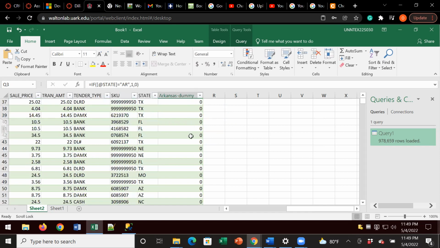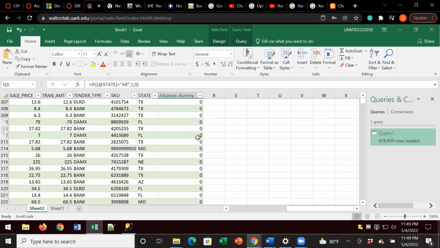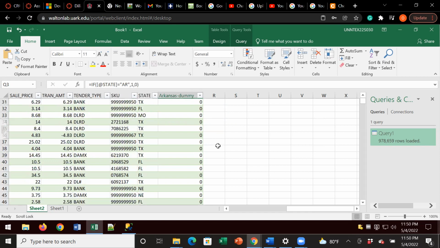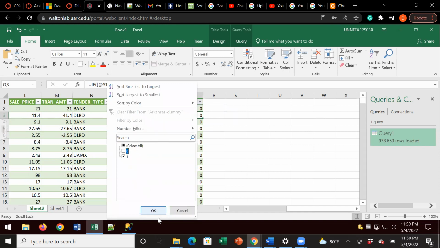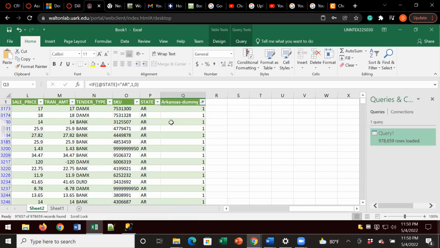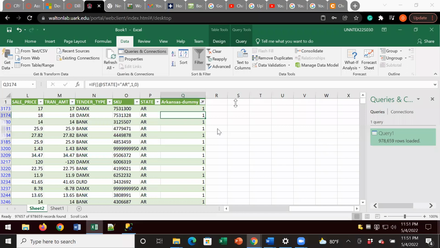And it auto-populated through all the columns. And there is 978,659 total rows. So I'm not gonna scroll through these. I think I'm gonna go ahead and just take off the zeros so that it just displays our 1 values. All right, and because we have 1s in here, we can come to a conclusion that the equation did